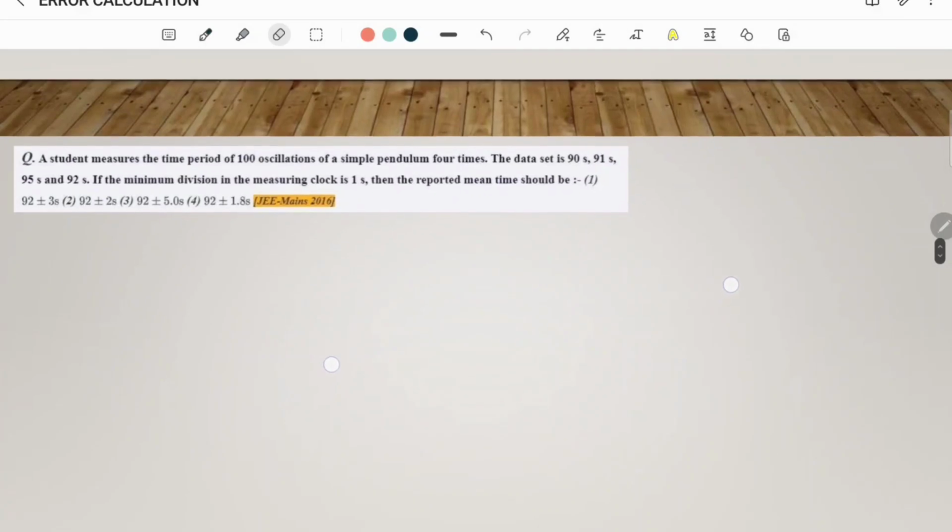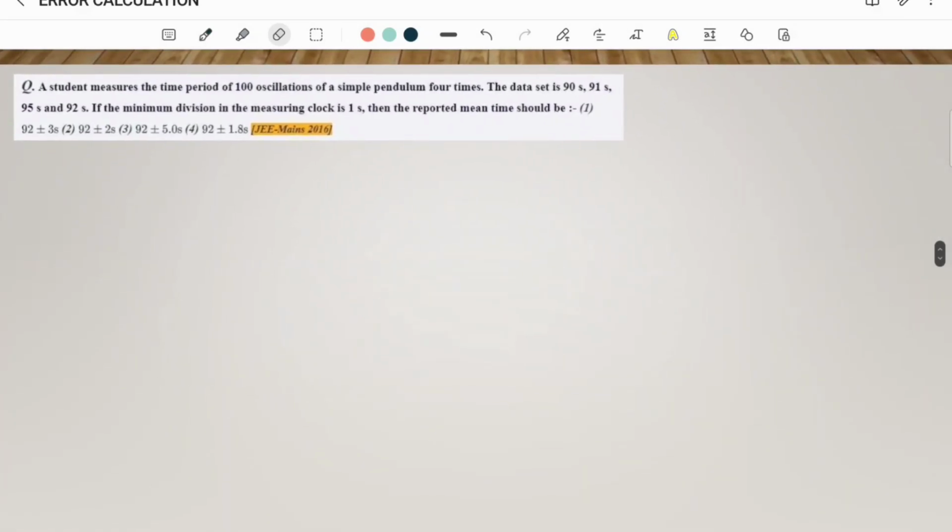This is our next problem. A student measures the time period of 100 oscillations of a simple pendulum 4 times and the data set is 90 seconds, 91 seconds, 95 seconds and 92 seconds. The minimum deviation in the measuring clock is 1 second, then the reported mean time should be... So there is some error in our calculations